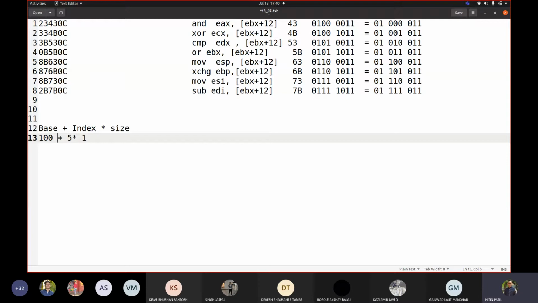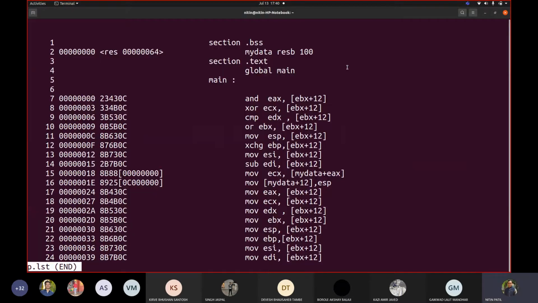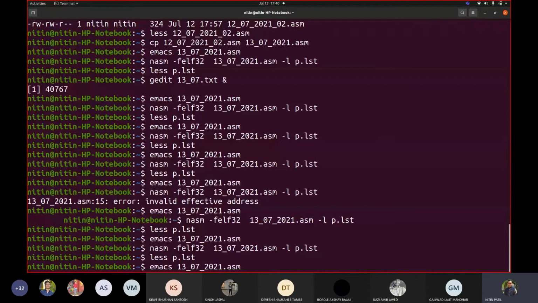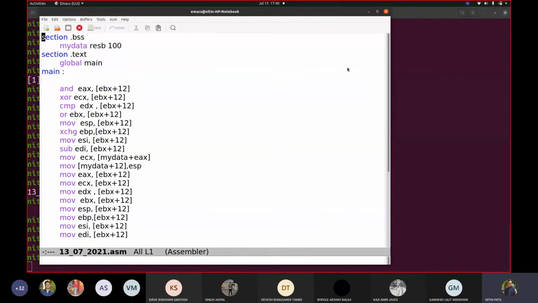So if at all we have this thing, now how would this size work if I include such kind of stuff in my code? Okay, let us try doing this. Let us add that part in the code. Any questions till this time? So I'm changing this to ECX multiplied by 2, EDX multiplied by 4. Sorry.